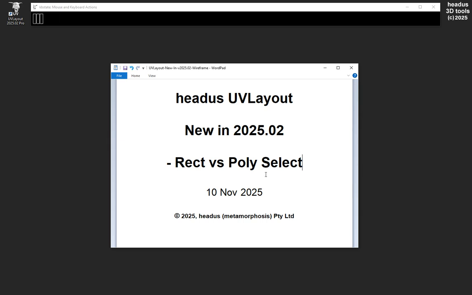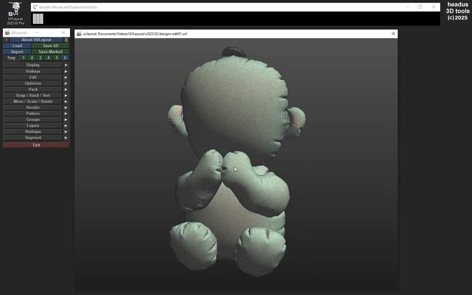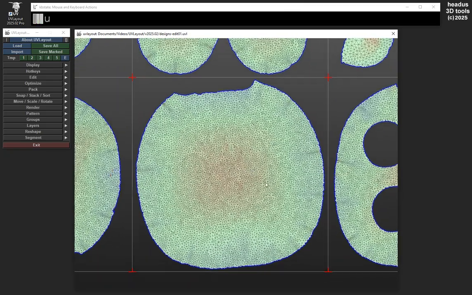In this video, I'm looking at another addition to UVLayout in the 2025.02 version. So let's just have a look at the mesh here and just go UV view. Okay, so this change is